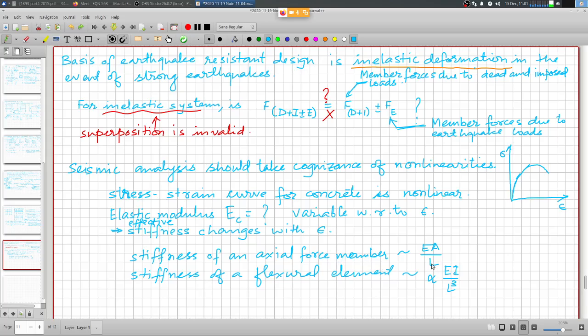So Young's modulus, modulus of elasticity, and then the moment of inertia, area moment of inertia, and of course the length. What is the length? So larger the length, more flexible is the system, and larger the moment of inertia, more stiff is the system. So that's why you get higher rigidity with increasing the depth, because moment of inertia is